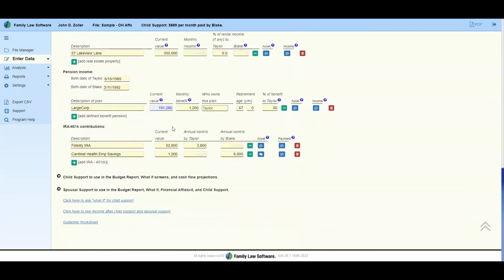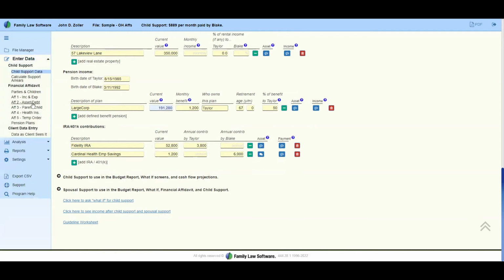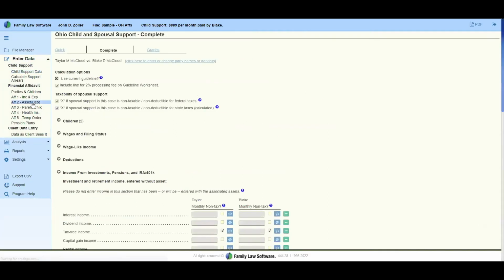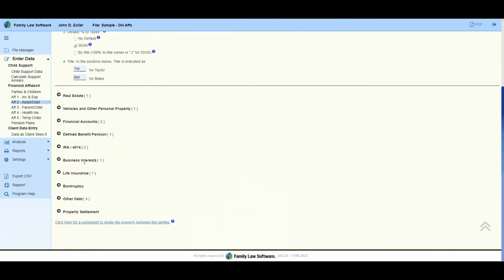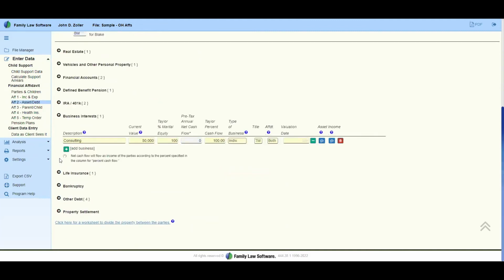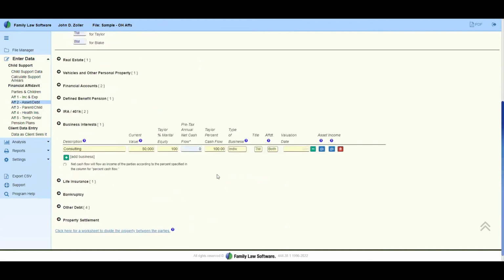You would actually do that in the assets and liabilities section of entering data right here, assets and debts. I'll just jump over there quickly and show you that there is a business here. And if we open it, it's the same data that you saw in that previous screen. And you don't see a lot here. But if you have a business that is both a source of income and an asset, you'll want to go to more information and